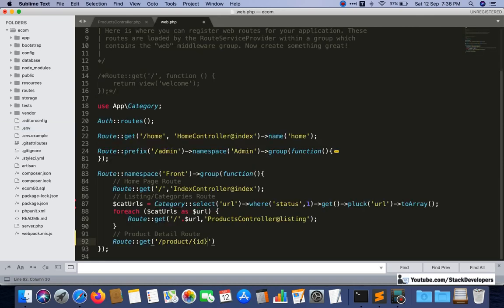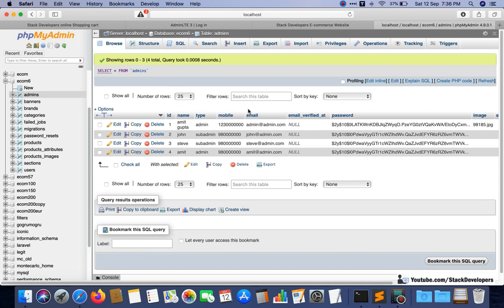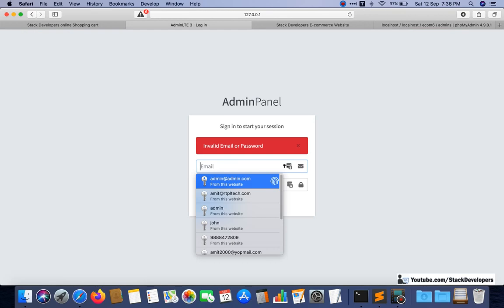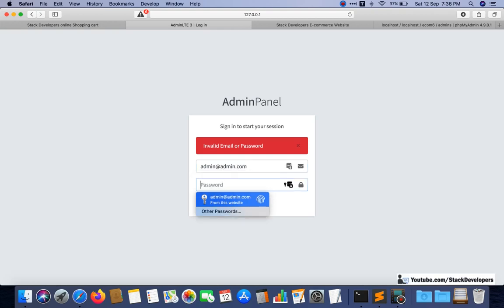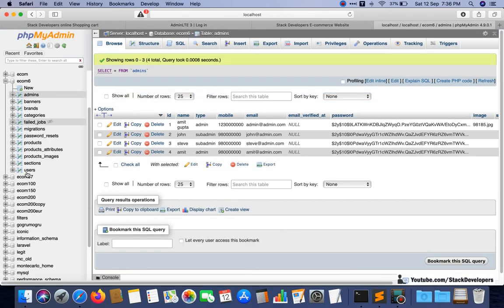Ecom6, I am connecting to the right database. ecom6, then it must be connected. Admin, rate of admin. Okay, we have another solution here.